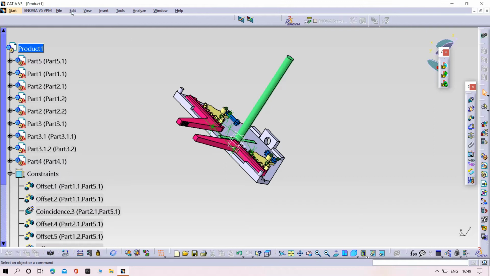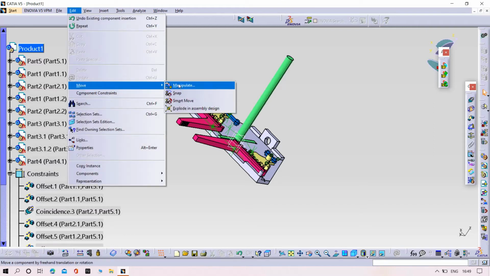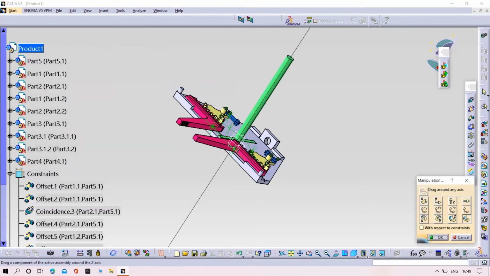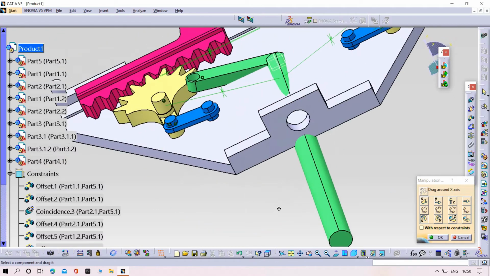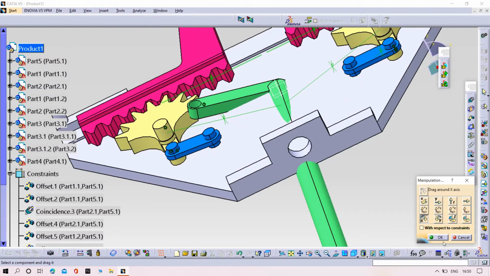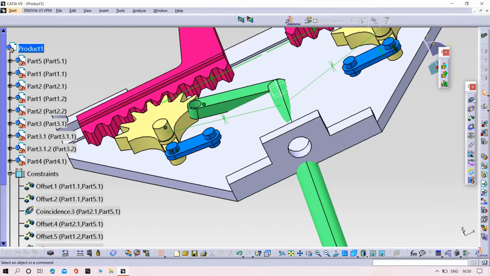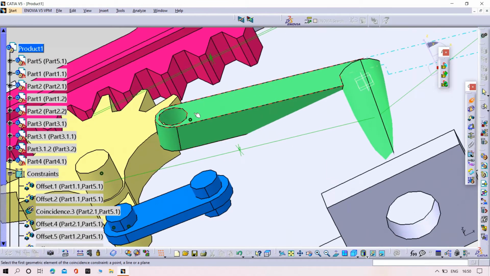then try to rotate part number 4. Yeah, now try to assemble part number 4 with the links as you are seeing now.